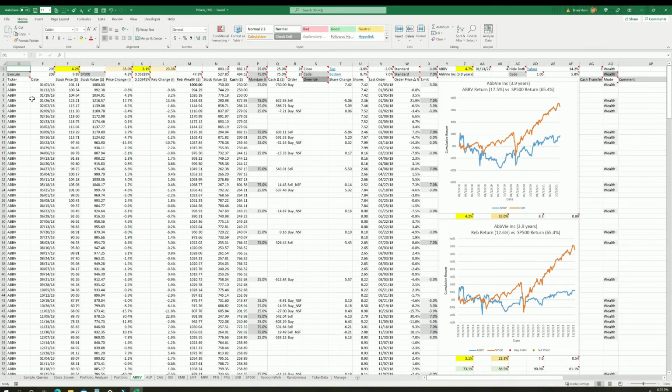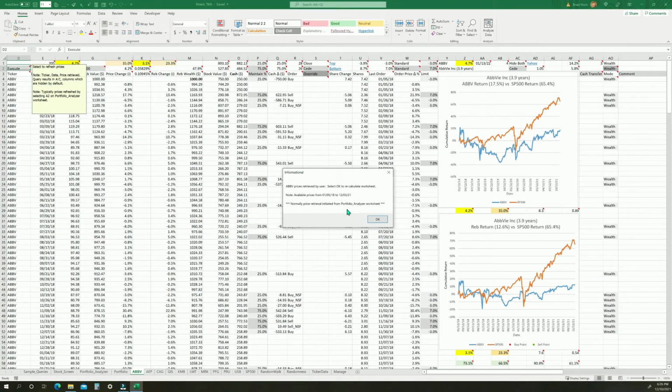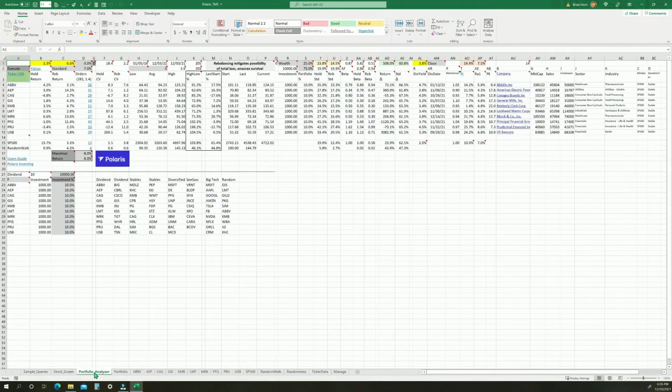I want to change attention to this cell D2 that's labeled execute. If you select execute, you get a message that says it's really not necessary for you to select this cell, but if you do, it results in price data being retrieved from the Polaris SQL Server database. But typically that pricing information is already up to date, so you don't see any new prices being brought into the Ticker Worksheet. The other thing it does when you hit execute is it goes to the Portfolio Analyzer worksheet